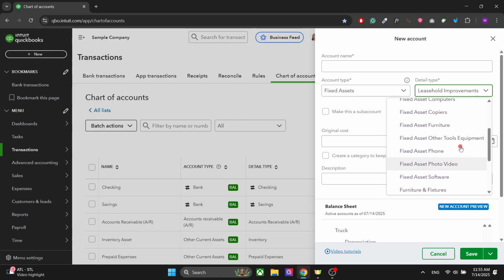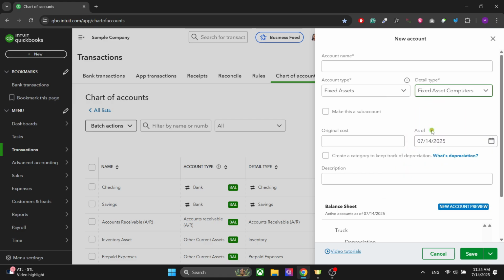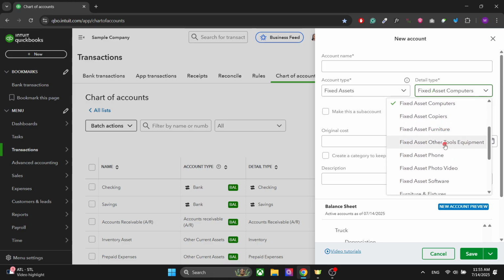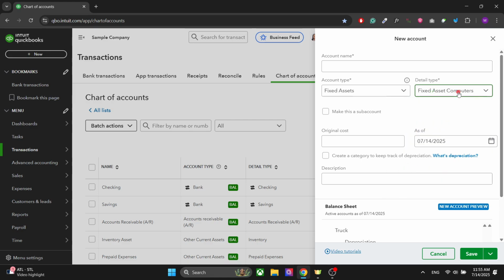For example, we have fixed asset computers, fixed asset copiers, furniture, other tool equipment, etc. Let's take the fixed asset computers. All of them work the same way. This one tracks all the computer hardware your business owns. Any computer, laptop, tablet, or server that costs over your company's threshold, usually around $500 to $1,000, you will record